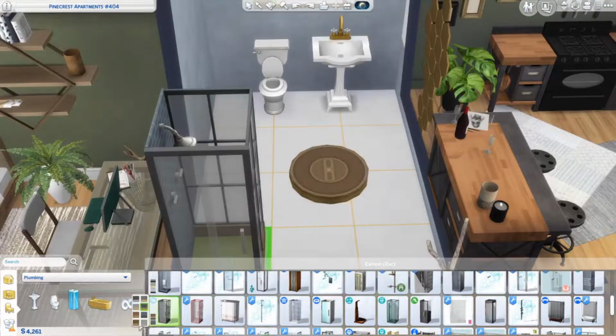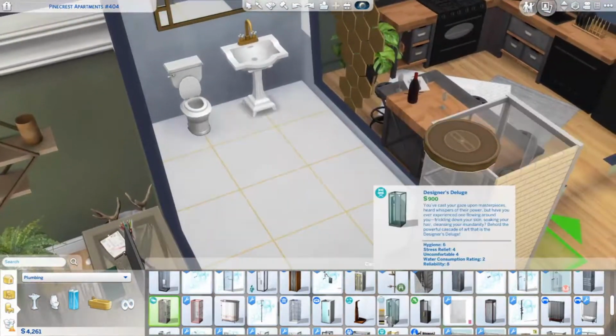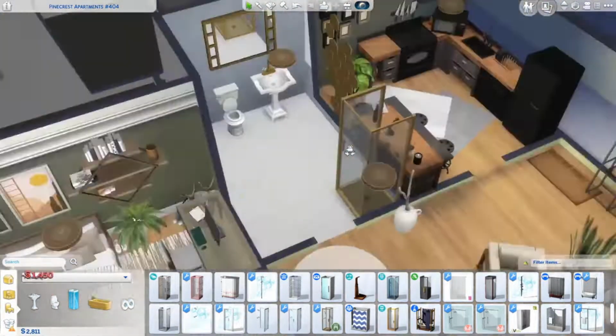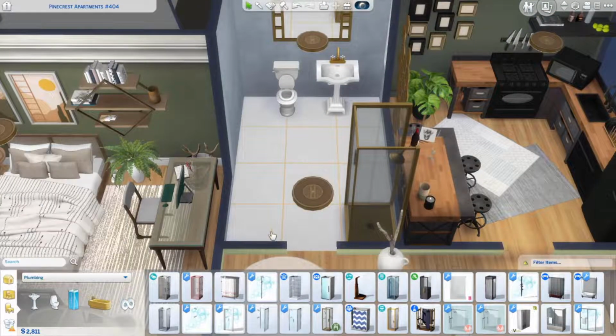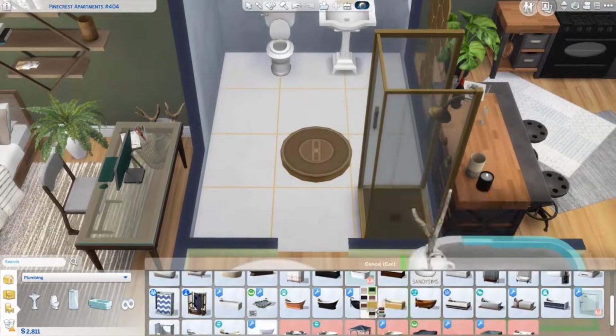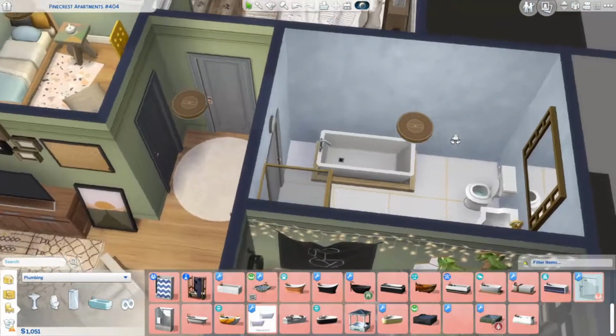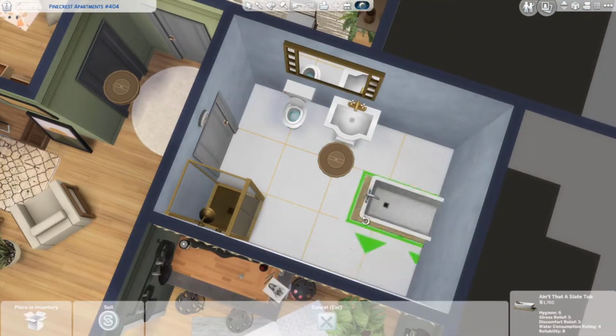I do like this mirror that I use in the bathroom. One of my favorite mirrors in the game. I think that one came with Cats and Dogs. But for the third time in a row, not sure. Don't quote me. Okay. The bathroom does have a laundry